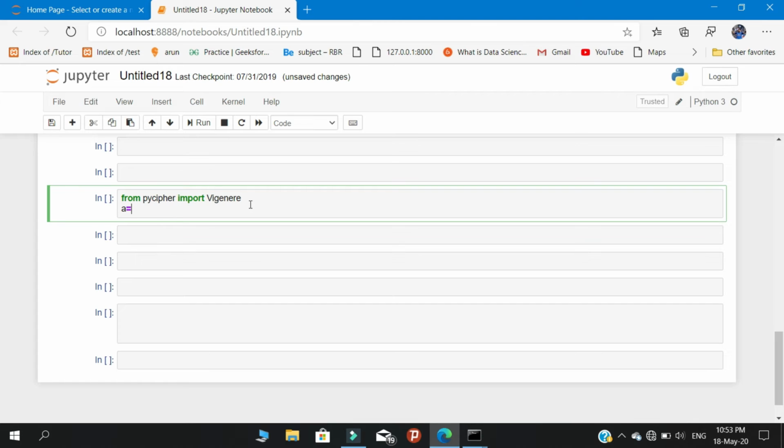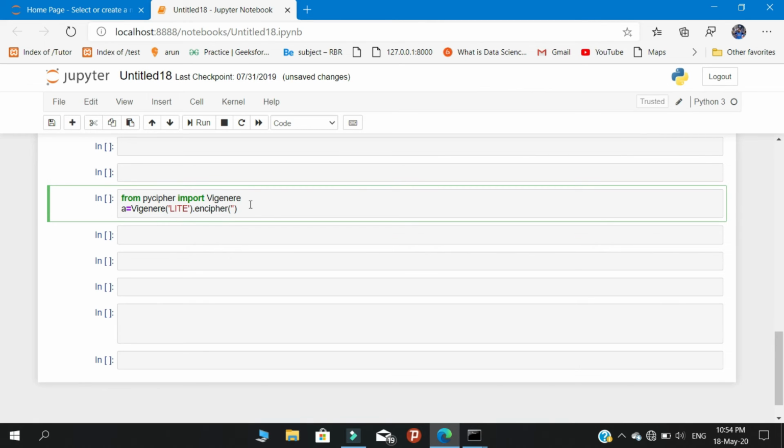Here you need to mention the keyword. Previously we used the keyword LITE, so I use the same key here. Now we need to encrypt the plain text.